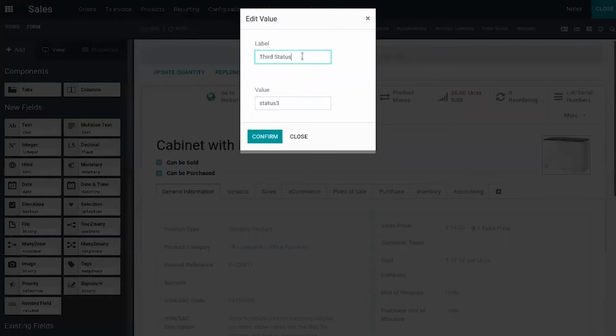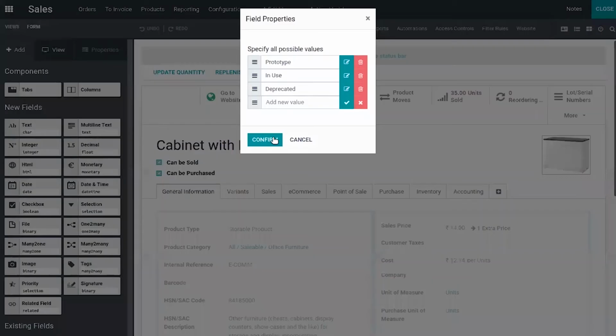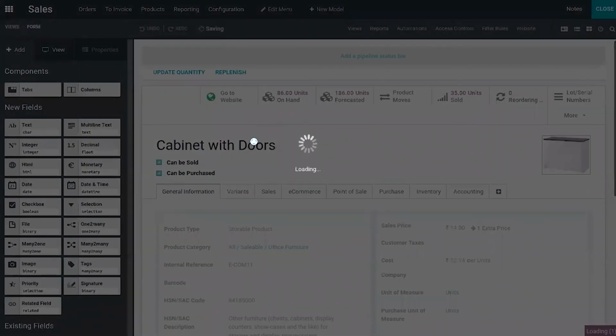Then third one. And now save it. Okay, and after that, click on confirm.